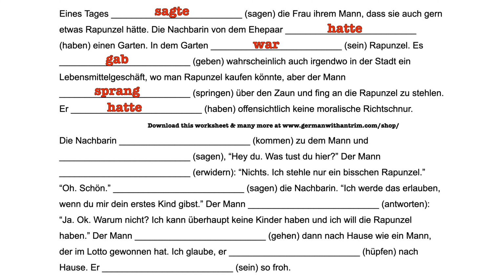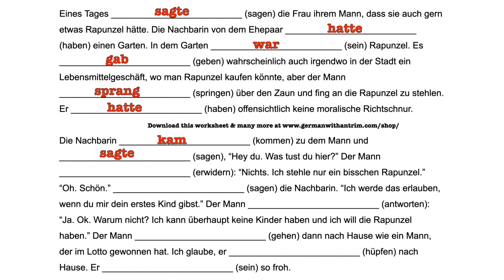Die Nachbarn, insert form of kommen here, zu dem Mann und form of sagen in this blank. Die Nachbarn is our subject of this sentence, so we have the RZS form of both kommen and sagen. Kommen is an irregular verb which changes to kam, K-A-M, as its stem. Again, since we're using the RZS form, we don't need to have anything extra to that, it's just kam. Sagen is a regular verb, which means that it just gets a TE ending at the end of the stem, and since again this is the RZS form, it's only that TE that we add on there.